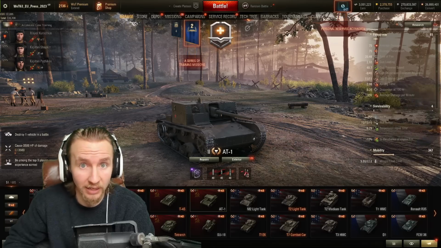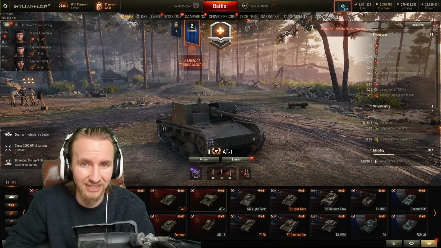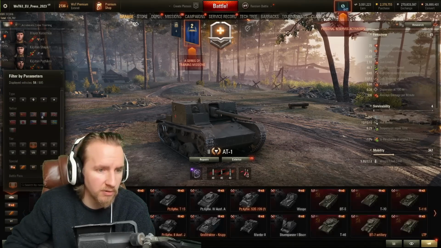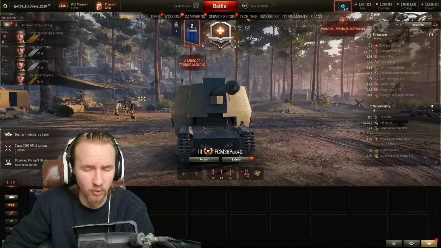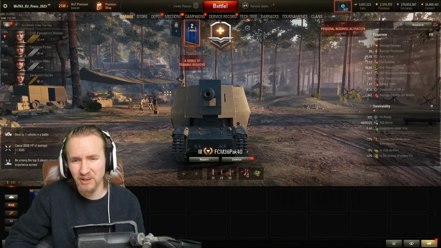Well, you could be playing against players who have WoT Plus and are using bond equipment at tier 2, 3 or 4 against you. Accordingly, this means that, should we say, some of the most broken tanks in the game, such as the FCM 36 Pack 40, are going to get even more scary. Because I'd say